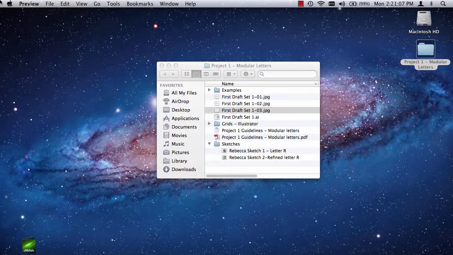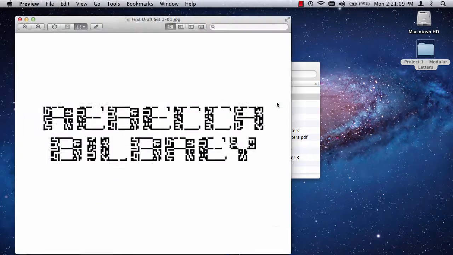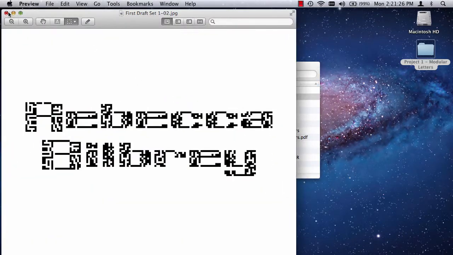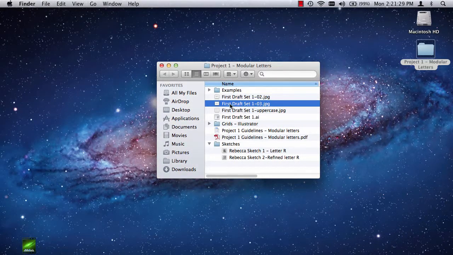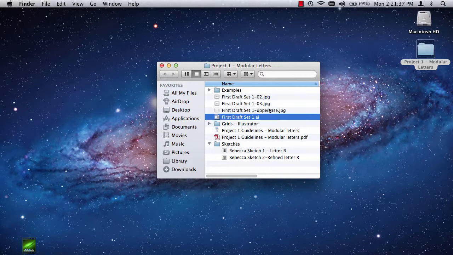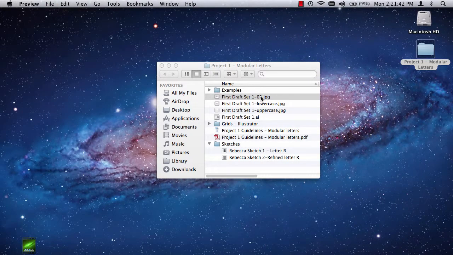And what I want to do is name those. So the first one was uppercase, so I'm going to say, let's say set 1 uppercase. And then my second one was, let's do this one. This was the one we wanted lowercase. So I'm going to actually have this one called lowercase. And then the last one, which should be upper and lowercase, instead of having to spell that out, we do U and